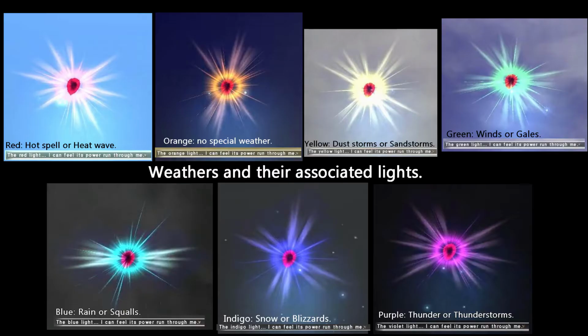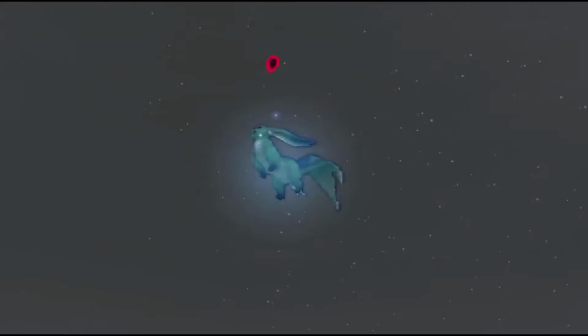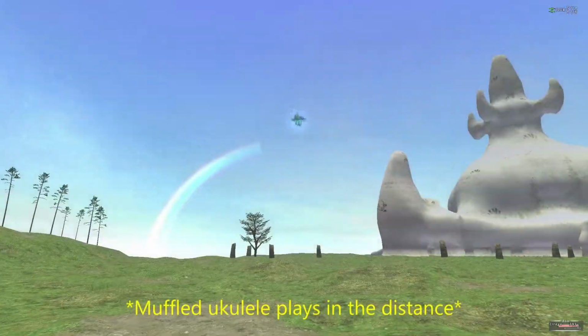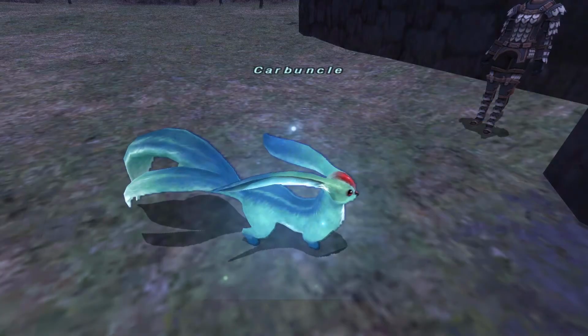After looting it, you need to recharge it by traveling to areas with specific weather conditions reminiscent of the rainbow's colors. The quest's name is even I Can Hear a Rainbow. Carbuncle then restores its real form and rewards you by giving you the right to become a summoner, then flies away. You might have spotted it, the ruby itself on the Carbuncle